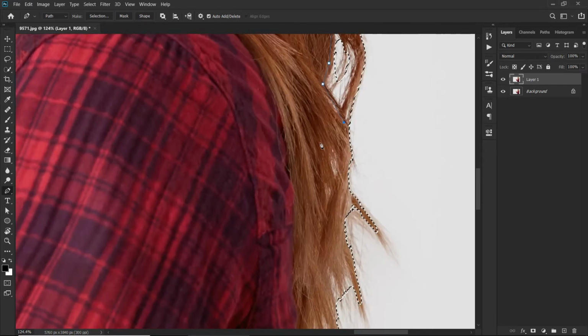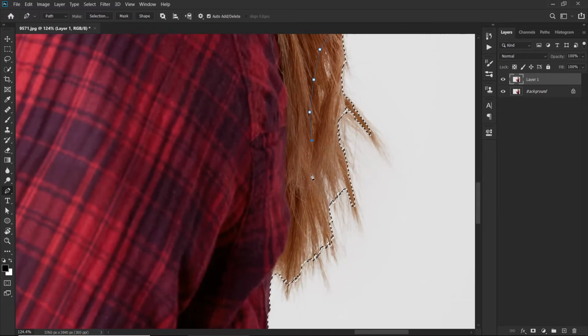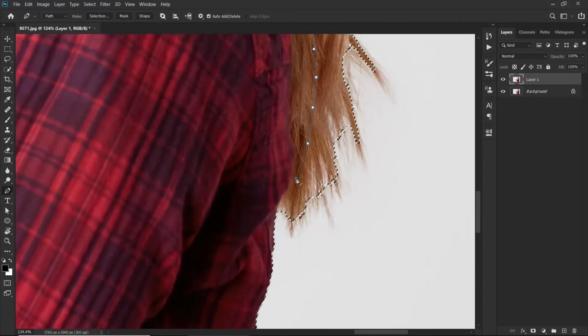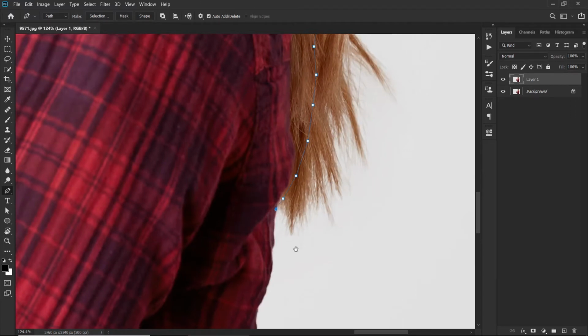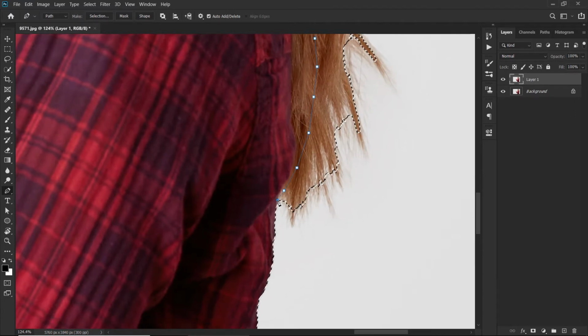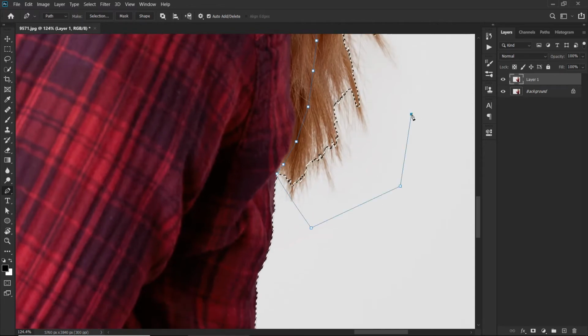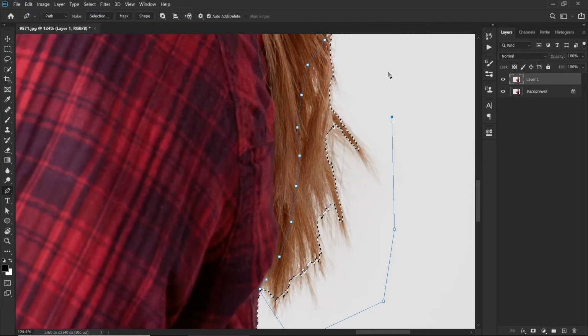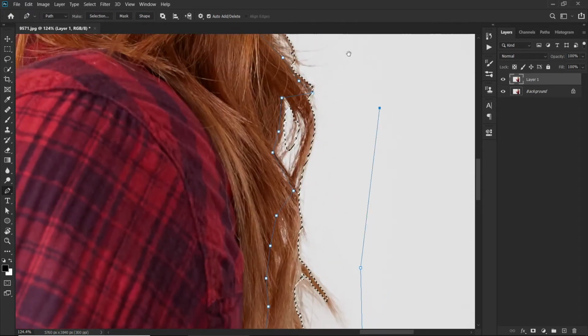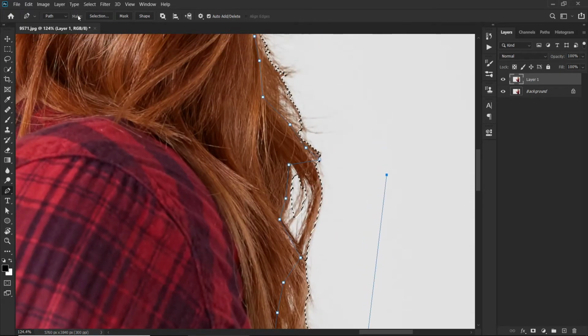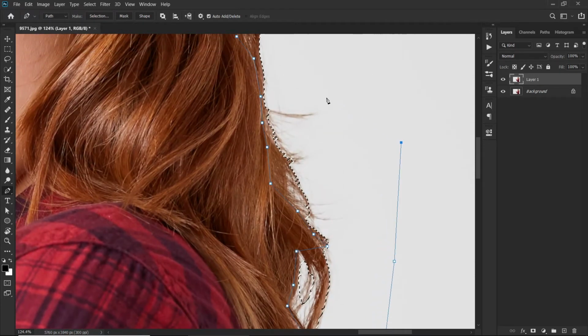Okay, we don't want this area also, we will add this later. Okay, now just close this path. Make sure your pen tool is set to path while selecting.